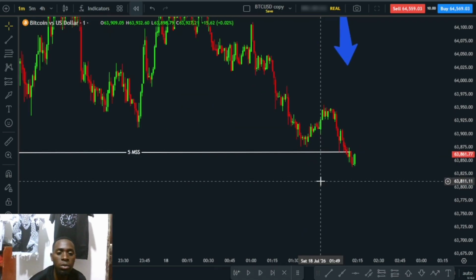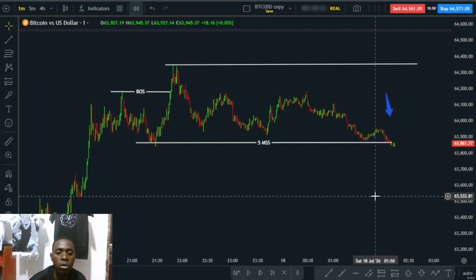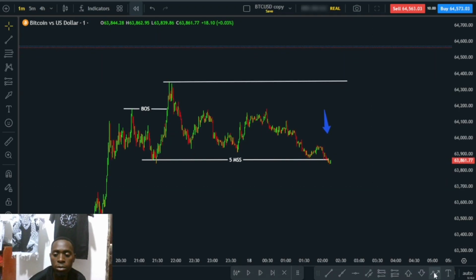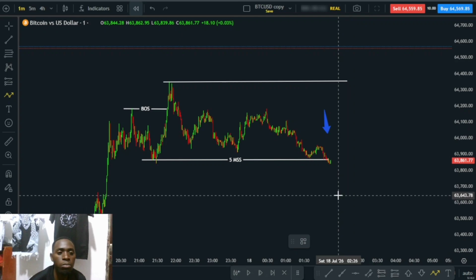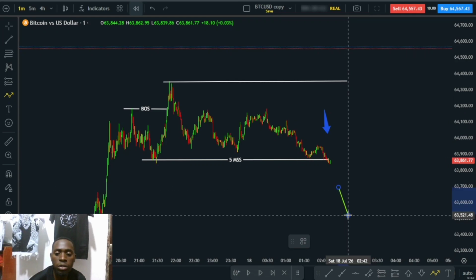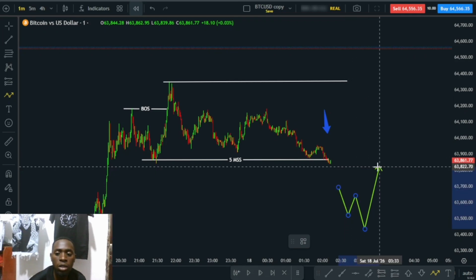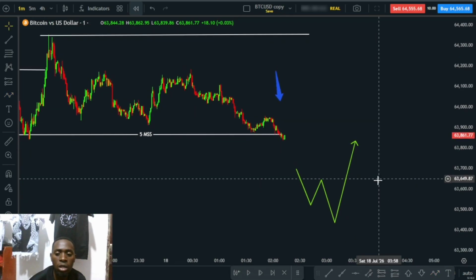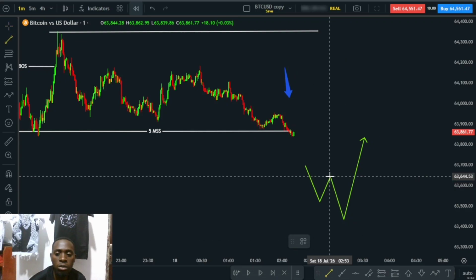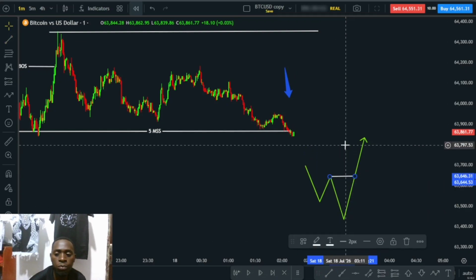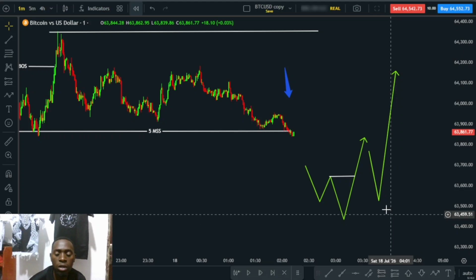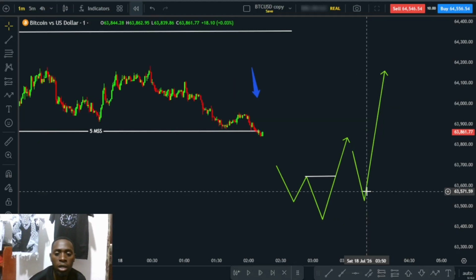So this is how it looks on the one minute, where I'm always looking for data entry confirmation. And if you've been watching my previous videos, you know very well I'm always looking for a 1 minute market structure shift. This is an entry model on the lower time frame, where the market will create that 1 minute market structure shift. Then I wait for a pullback, then I'll be entering for a buy in the direction of the higher time frame